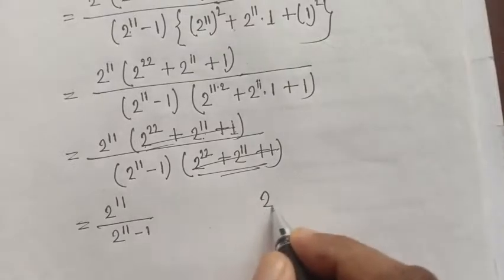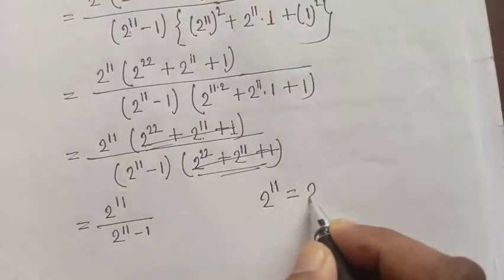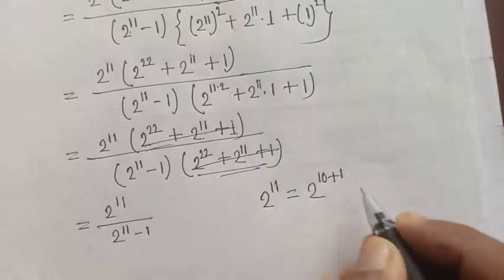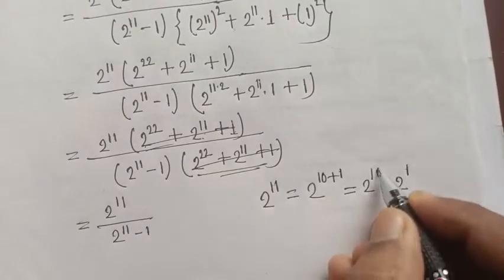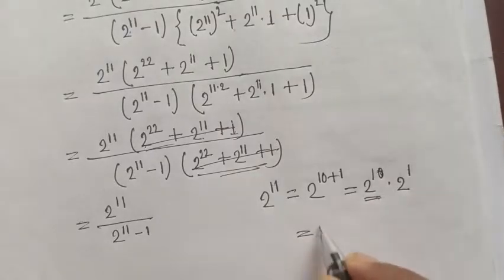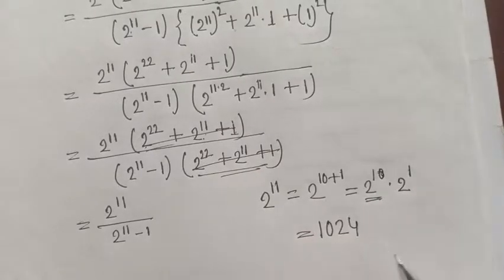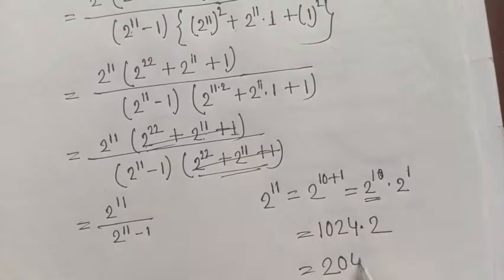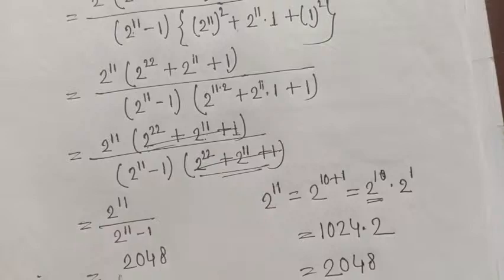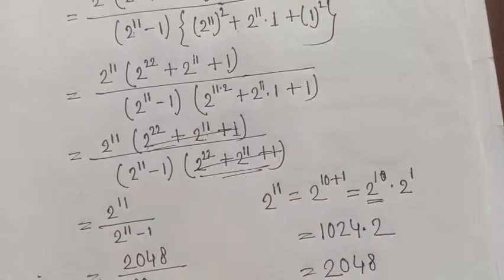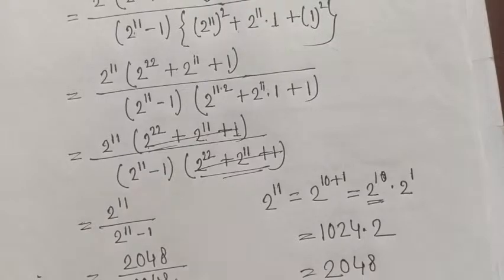Now we can write 2 to the power 11 as 2 to the power 10 plus 1. So we can write 2 to the power 10 dot 2 to the power 1. Now we know the value of 2 to the power 10 is equal to 1024, and 1024 times 2, if we multiply this, we will get this one. Hence the value will be 2048 by 2048 minus 1,